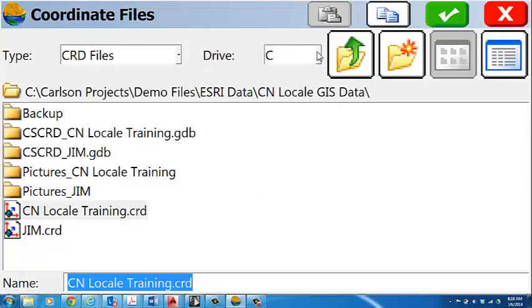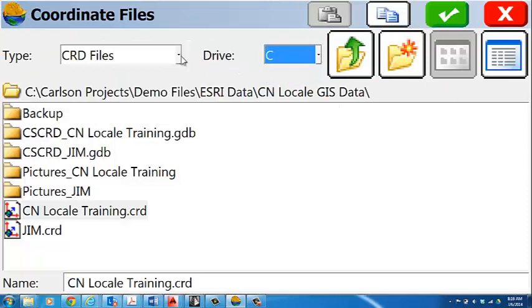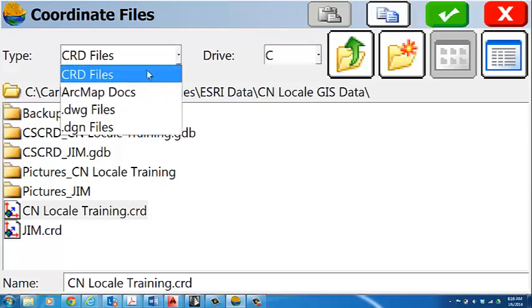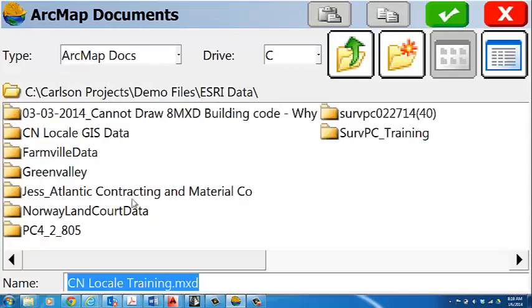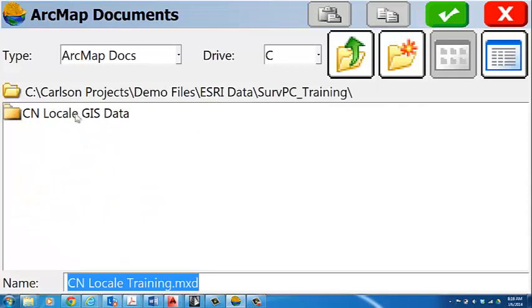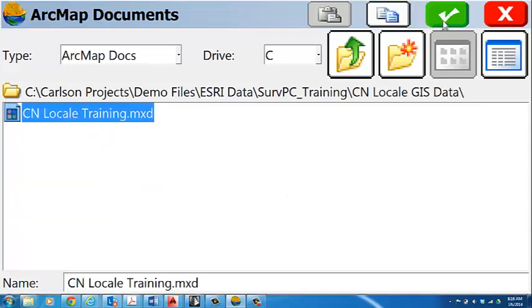Here it's looking in the C drive and we have coordinate files listed. And I want to actually list ArcMap documents. Now it shows one here, but this is not the location I want to go to. I want to go to SurvPC training right here. Pick this one and double pick here, and that is the file that I want to load from scratch. So I pick this and I hit the green button